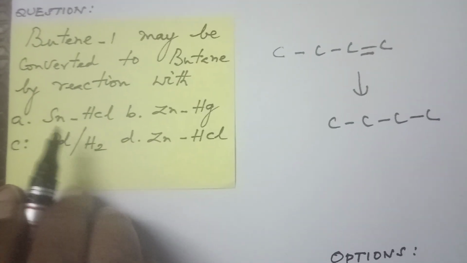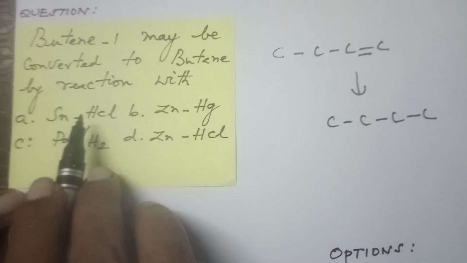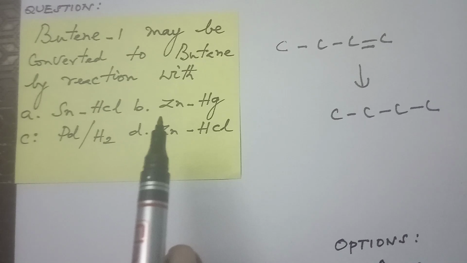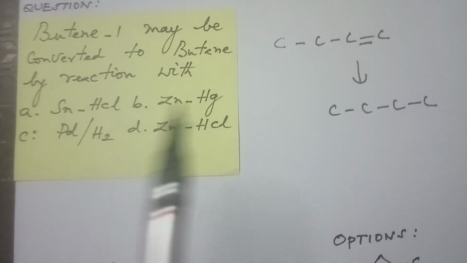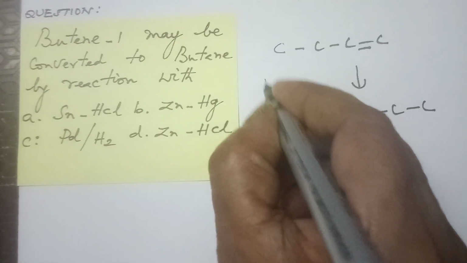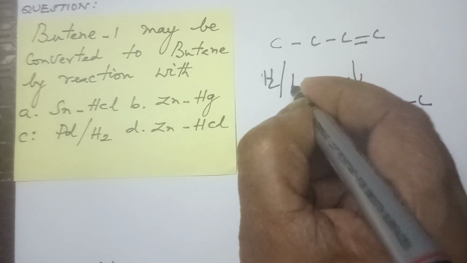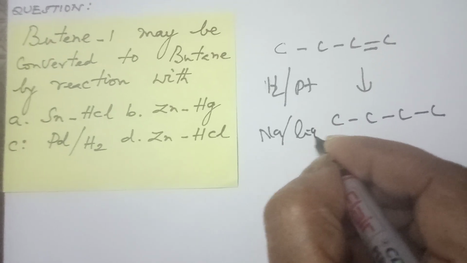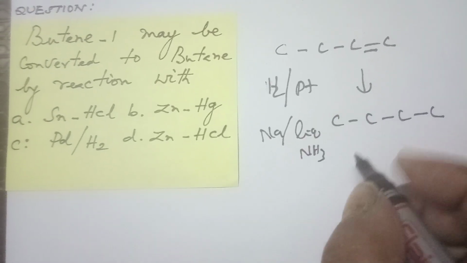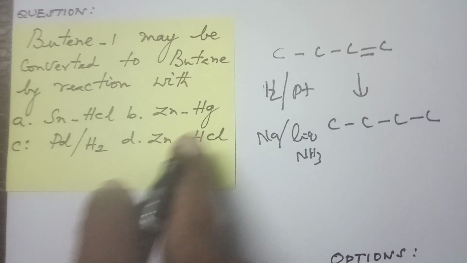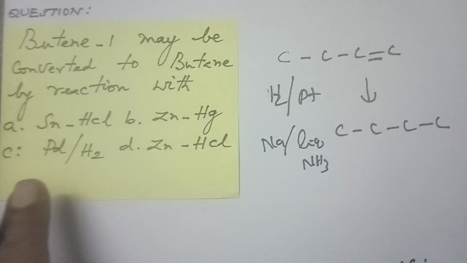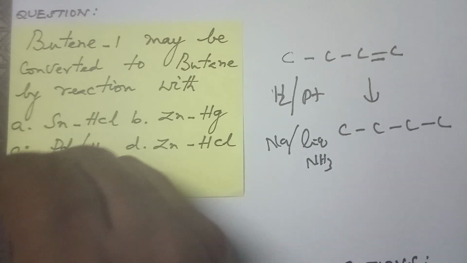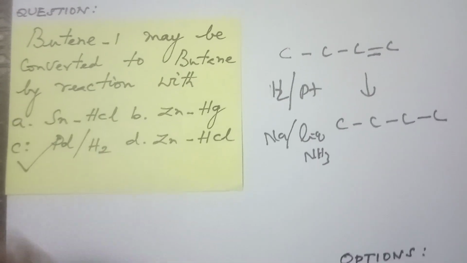You follow all of the reducing reagents. The options are there: tin and hydrochloric acid, this is related to the nitro compound lesson. These two are reducing reagents, not for the double bond. Here it is the double bond. For us, double bond means we have reduction with hydrogen and a catalyst, or reduction with sodium in liquid ammonia. These two are available regarding this topic. So here, hydrogen in the presence of palladium is the correct option. Like that you have to select the option.